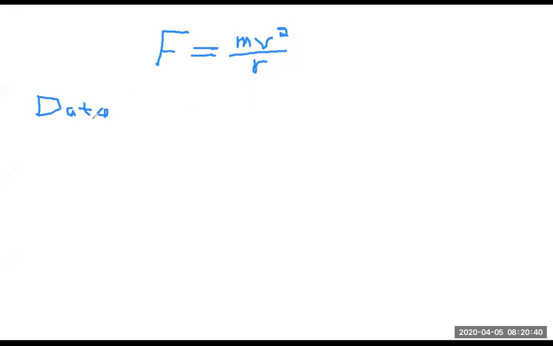And what have we got? An automobile of 1,640 kilograms. That's not weight, that's mass. So G is not involved here. We got a horizontal problem. We don't have to worry about G. So 1,640 kilograms. So we got that. Rounds a curve of radius 25 meters. We always want radius, we never want diameter. So if you see the word diameter, divide by 2 and you've got the radius. But here's the radius, 25.0